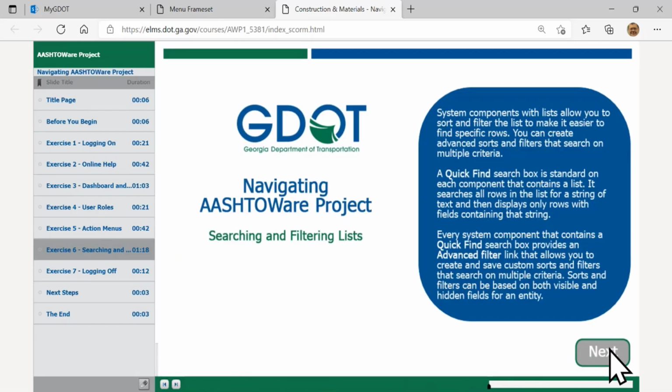Once we're live with Ashdoor Project, you're going to find that there will be lots of different contracts entered in there. Probably not too many on the first day. Most of your contracts that are started over in Site Manager will complete their life cycle in Site Manager. Then once we go live with Ashdoor Project, you will start filling in information in here, and you won't have to worry about going back and forth.